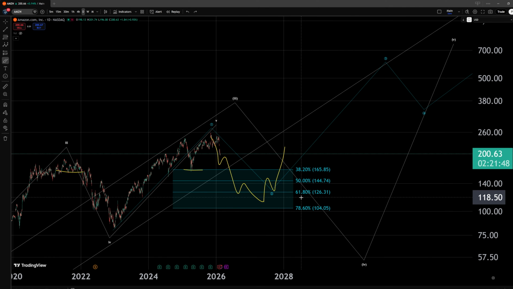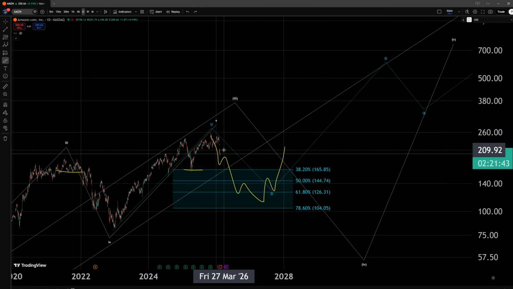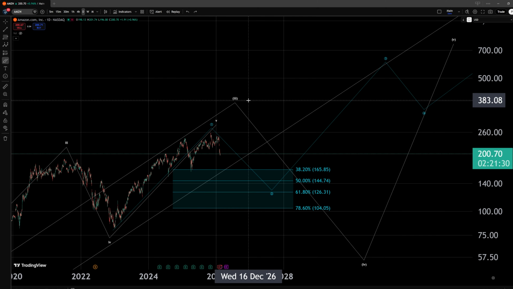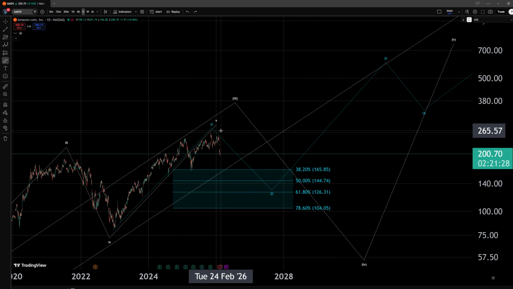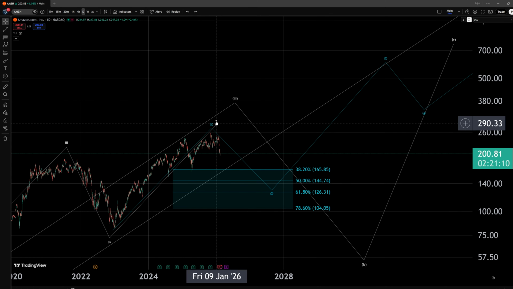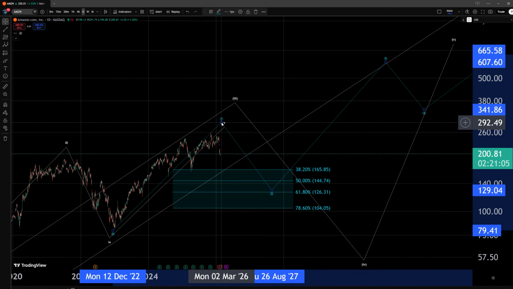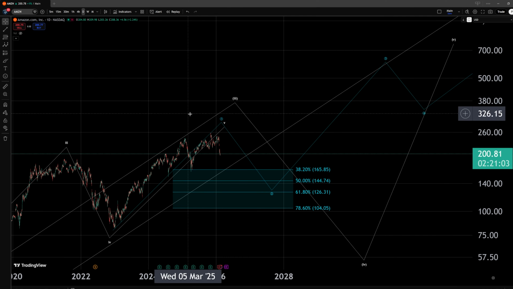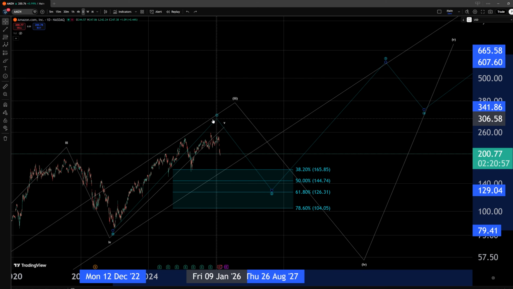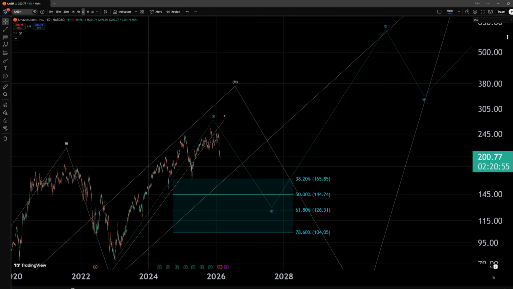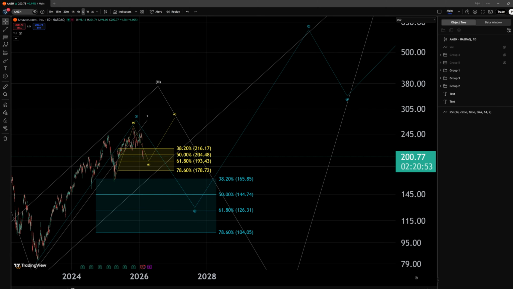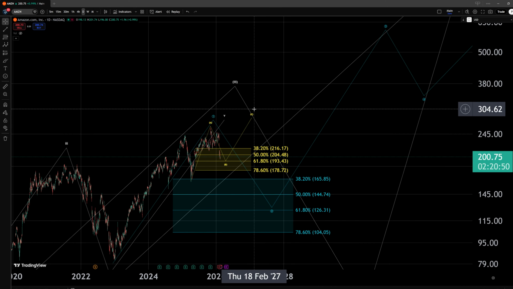Now, that might hold or not the area of support. It will remain to be seen if it even occurs. Now, currently, for this to be the case, to track such an area of support, we would need to assume a top to already be in place, either within the white structure in the wave 5 or within the blue structure in the wave 1. Extensions are possible. Once again, extensions mean that the count can be considered full, but that it is not necessary, that we may see an extension, another move to the upside that would still allow the pattern to have a